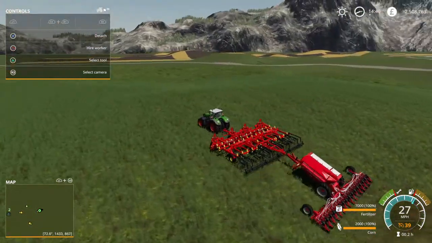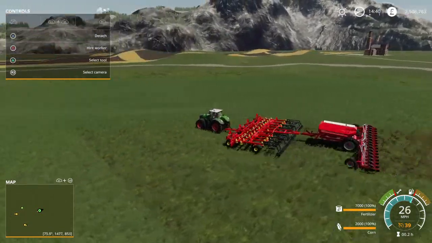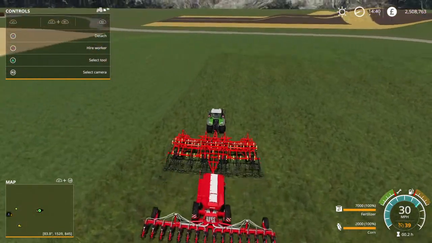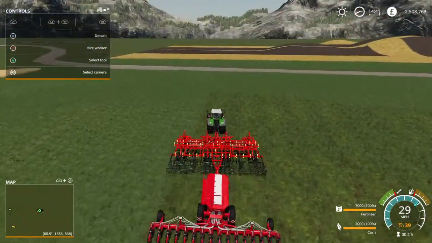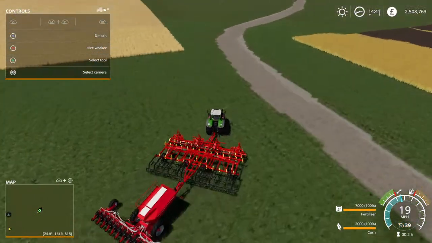It's slightly heavy on horsepower, but if you've got a big tractor knocking about, this is a bit of fun. The cultivator's rated at 480 horsepower. The planter's not too bad. I think it's about 170. But anyway, the Fendt can handle it. So